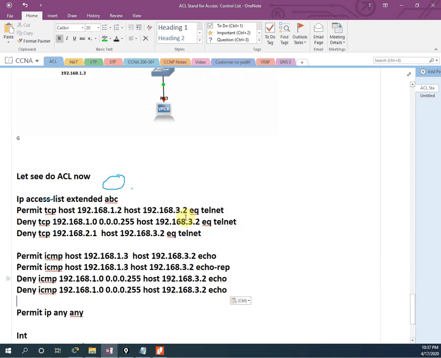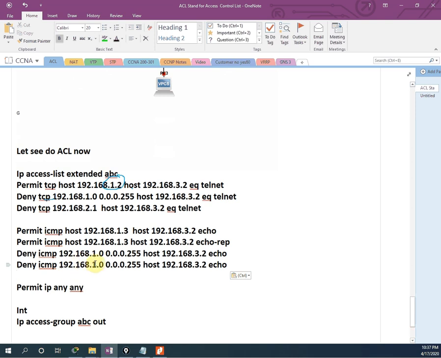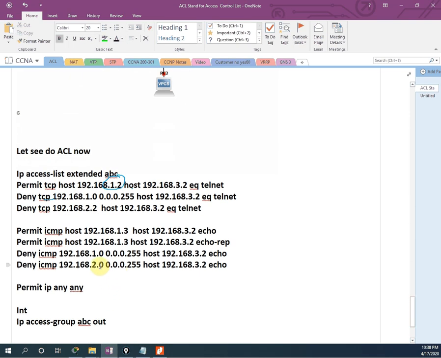So deny 192.168.2.2, because this is 2.2, right? Same thing as we did here. Where 2.1 was, here should come 2.2. So here also 2.2, here also 2.2.